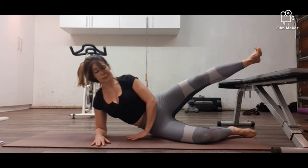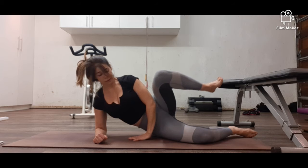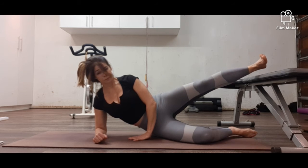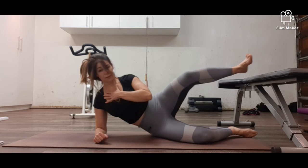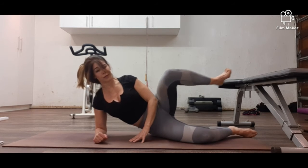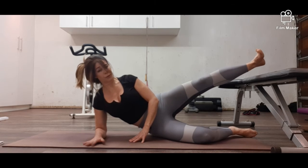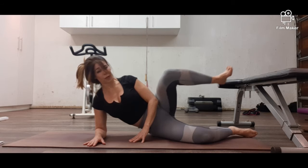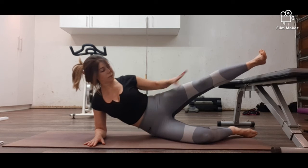9, 8, 7, 6, keep lifting, shoulders relaxed down the spine, no earrings, 3, 2, remember we're having fun here, 1, hold it up here, squeeze for 10, 9, don't lock the knee if